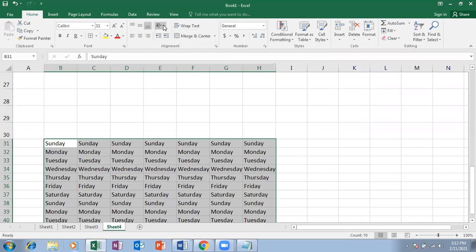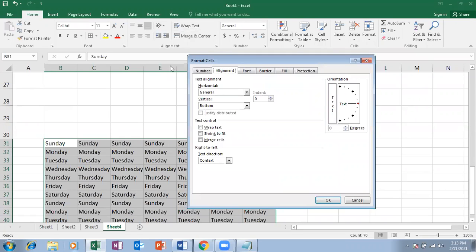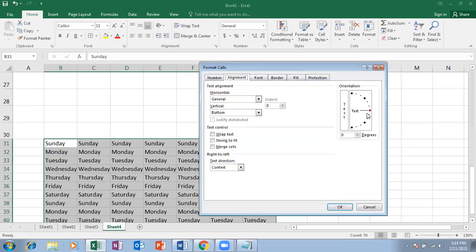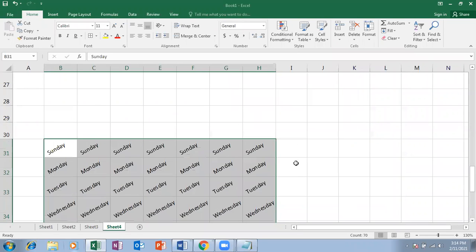By default, it will come. And then again, click on the arrow mark, go for format cell alignment. On the right side, can you see shrink to fit? So here in the bottom. Let me explain that particular shrink to fit option, because this option is not available in this particular group. It is inside this place. And here also see the orientation. You can move it however you want, like this.